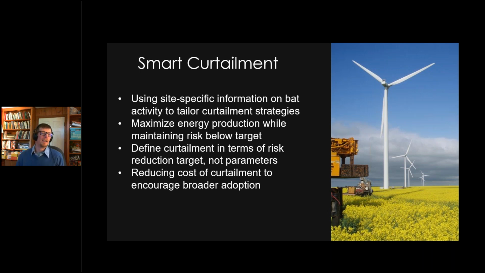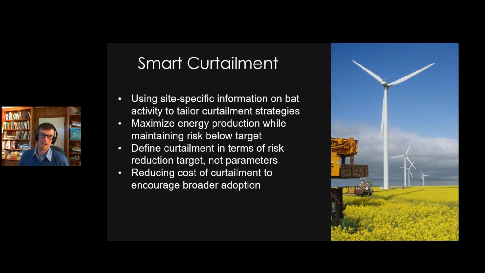So again, I think at this point we can define smart curtailment very broadly and say it simply is a way of incorporating site-specific information on bat activity to tailor curtailment strategies. So this is where I think acoustics can be used in a new way if the topic of curtailment is on the table. If a company that's building a wind project is either willing or under the obligation to reduce